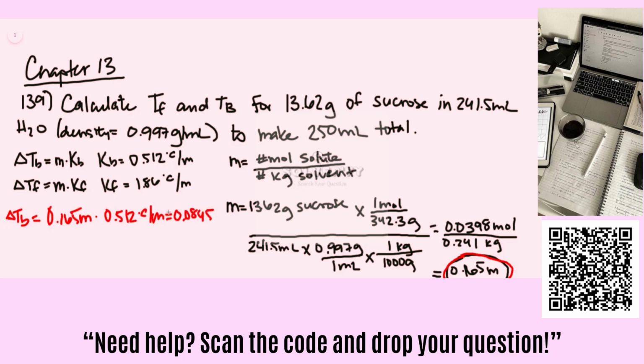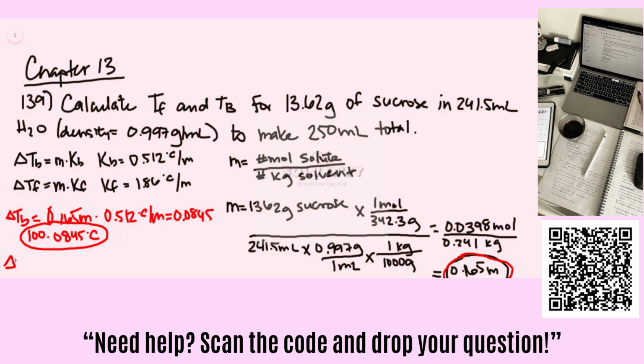Because what this equation tells you is the change from the boiling point of pure water, or the elevation of boiling point once solute is added to water, you add this to 100, which is the boiling point of pure water, giving us a boiling point of 100.0845 degrees Celsius. So this problem also asks whether boiling the solution would take much longer than just pure water. And if you look at how much different this is from 100 degrees, it really isn't that much, 0.08 degrees. So boiling the solution probably wouldn't take too much longer than